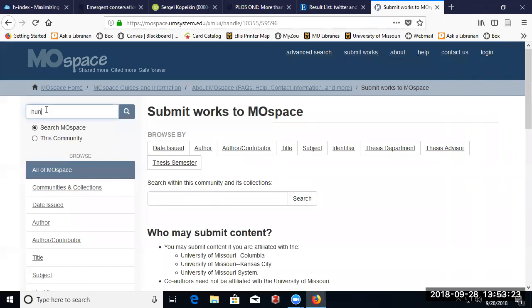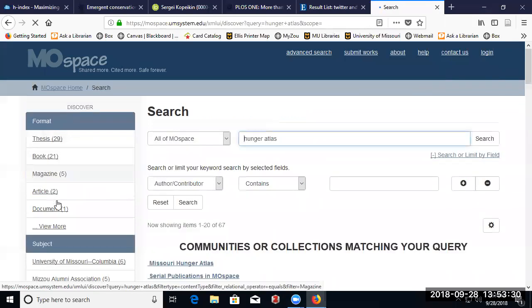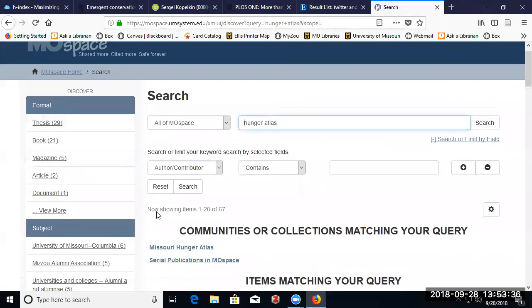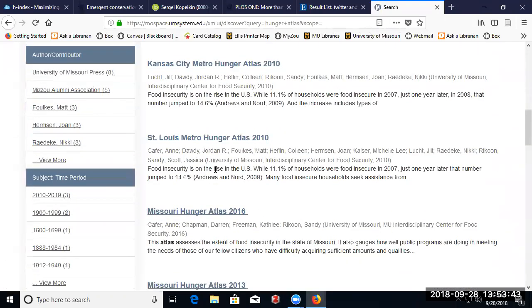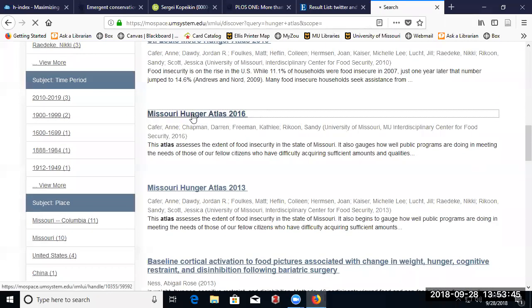You can search the entire database, or you can search it by communities, which is by campus or departments. You can also search by author, you can search by title, so you've got a lot of options. I searched the Missouri Hunger Atlas for my example, and you can see there's several different years. And if I click on it,